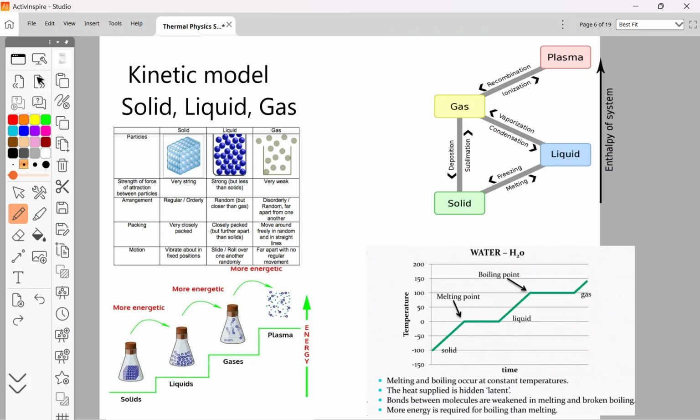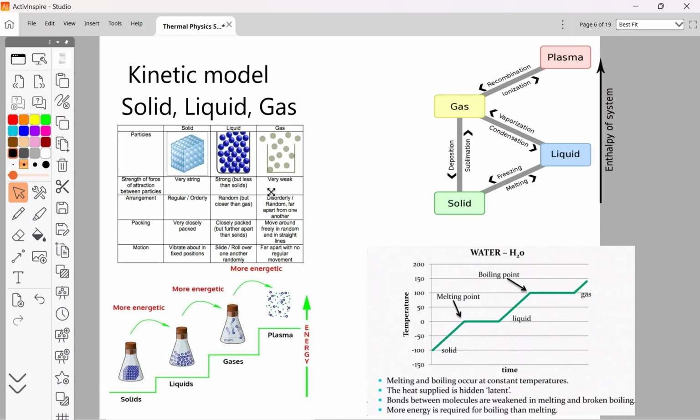Okay, then kinetic model. So next point in your document, kinetic model is the solid, liquid, and gas that you've done in very low grades, grade 8. You've done this. What's the difference between a solid, liquid, and a gas? I'm really not going to do too much about that. You need to know that when you heat up the particles, they're gaining energy, they form liquids, gaining energy, form gases, gaining energy, form plasmas that we didn't really work with before, but we could, I guess, work with it